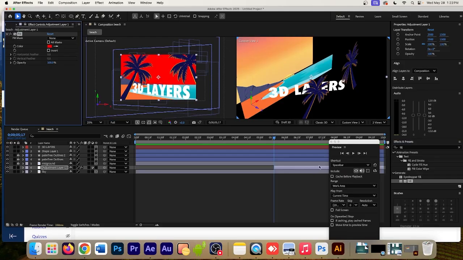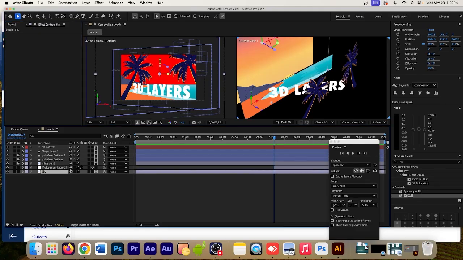Let's see if this works. Yes, it does. So basically right now we're looking at the 3D space. This adjustment layer is going to adjust everything that is underneath. So right now this is the sky. Now instead of seeing this apocalyptic red sky, I'm actually going to probably turn this more into like a blue